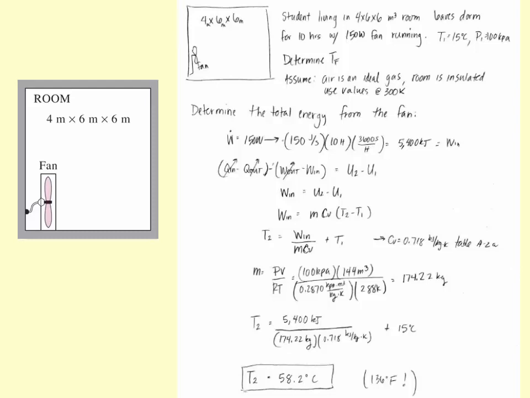Yes, I'm going to talk about that in just a second. Yes, because we don't know our final temperature, so we don't know how to find an average. So we're using it at 15 degrees Celsius. Okay, so plugging all those numbers in, we find T2 is equal to 58.2 degrees C,